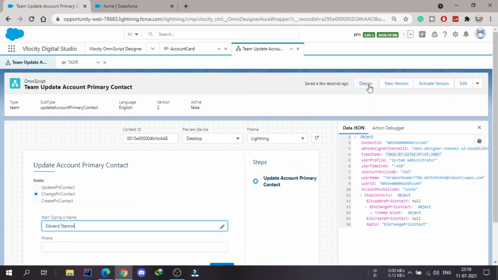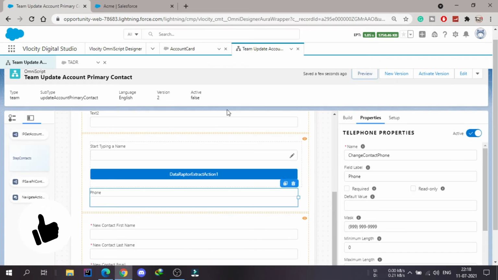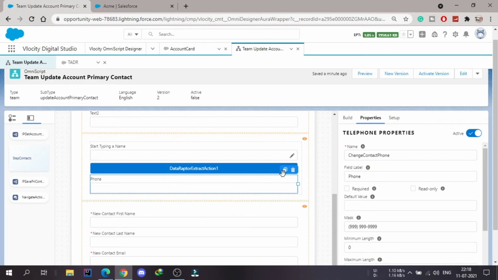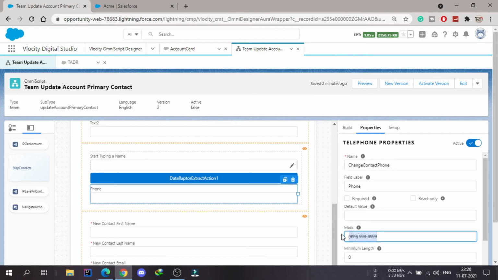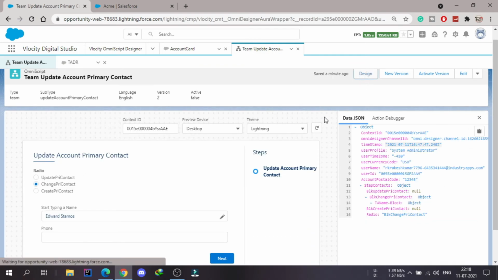So this is very important question according to the exam. Always you will get a similar question like this. So we are having a type ahead and we are having some fields, but those fields are not getting populated even after the data is coming from the data raptor. So the main reason is because we are putting this input outside this type ahead. So we need to drag it inside this type ahead. Once you will drag it inside this type ahead and you will preview this, it will show you the data.